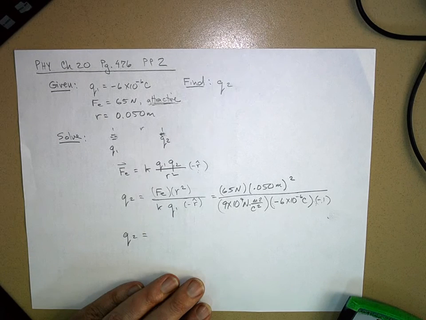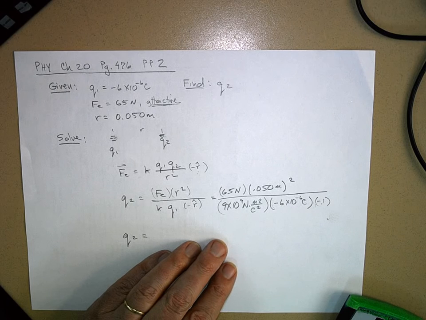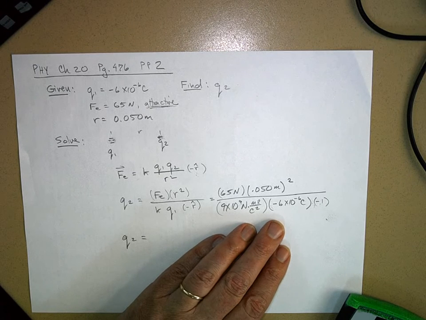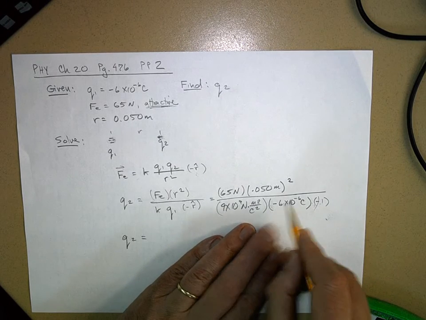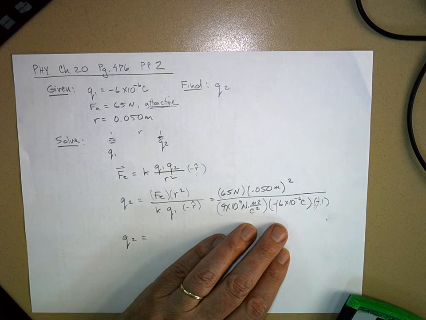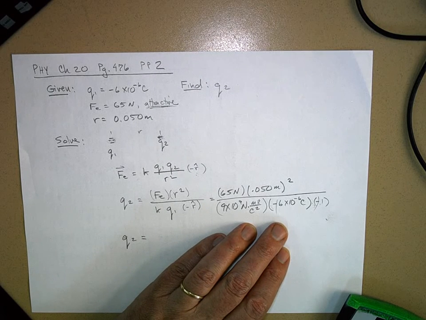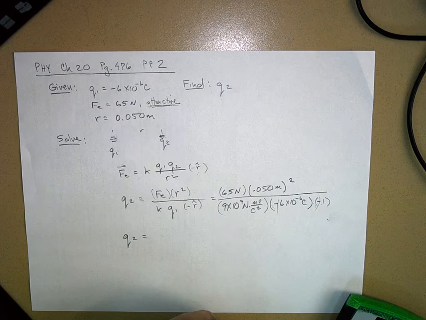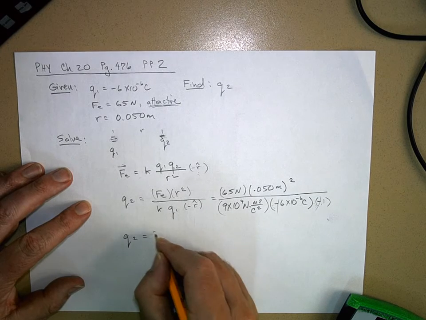So Q2, let's see, 65, let's do the math. 65 newtons times 0.050 squared equals, and then I'm going to divide that by 9 times 10 to the 9 equals, and I get a small number. But now I'm going to divide by a really small number. Now I could just cancel out that negative sign there, so I'm not going to plug that into my calculator. So I'm going to divide by 6 times 10 to the negative 6 equals, and I get